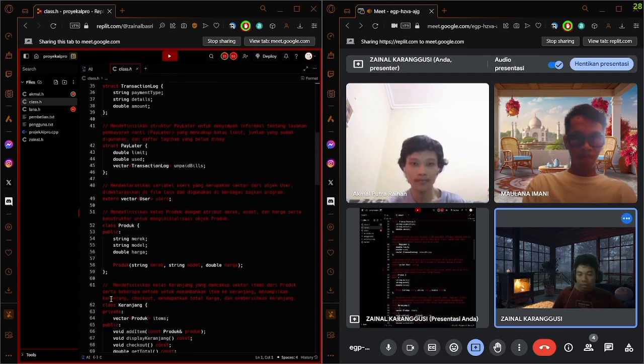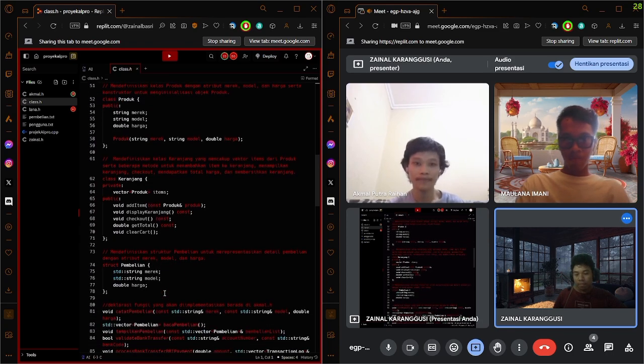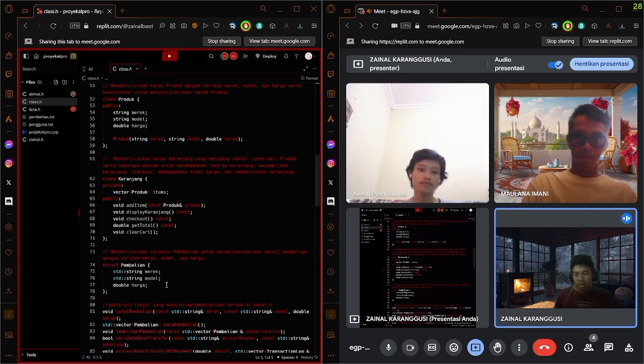And we have the keranjang, which is used for storing the items you choose in the program. And we have struct pembelian, which represents the detail of the purchase.